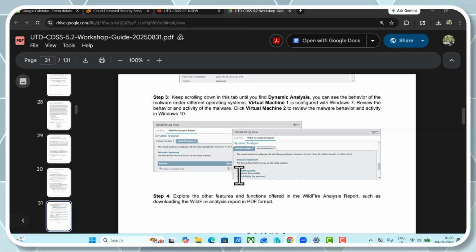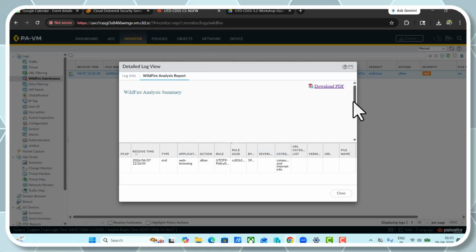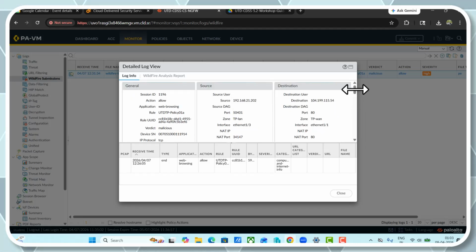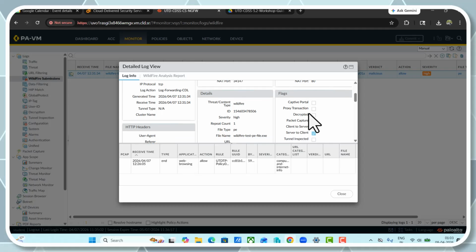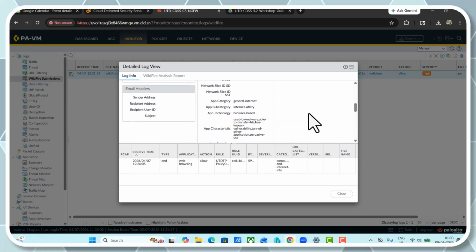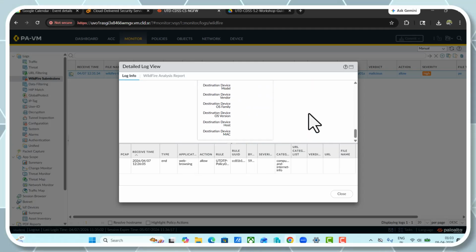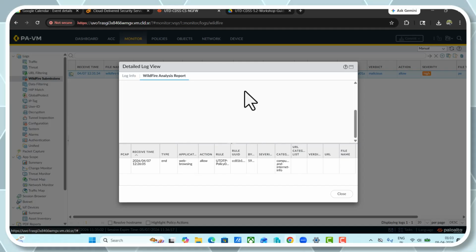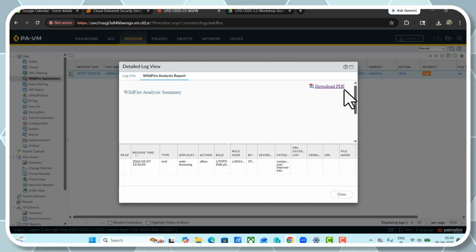Now keep scrolling in the tab until you find dynamic analysis. So I think here we need to go to the WildFire analysis report and download the PDF. In this PDF,